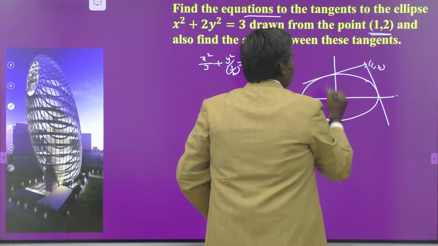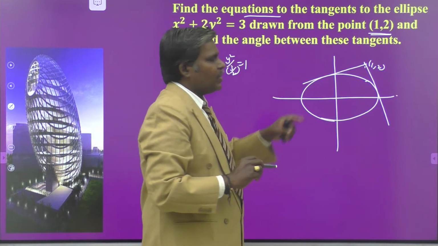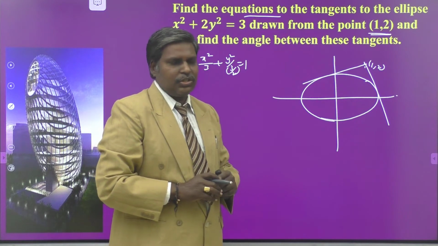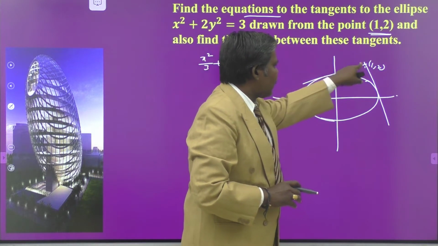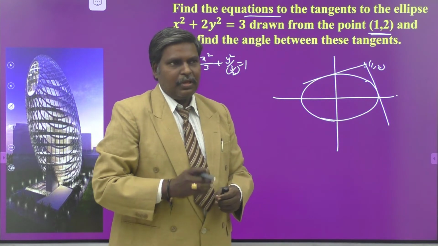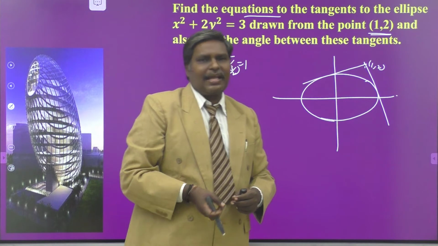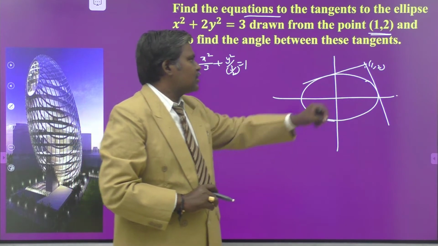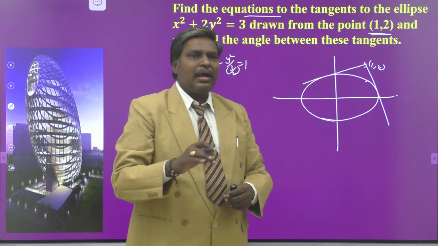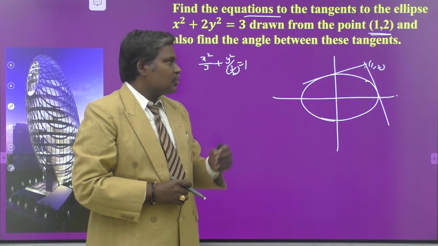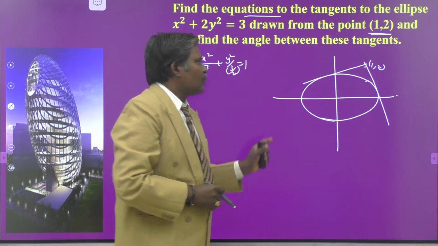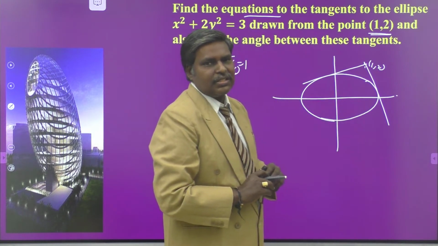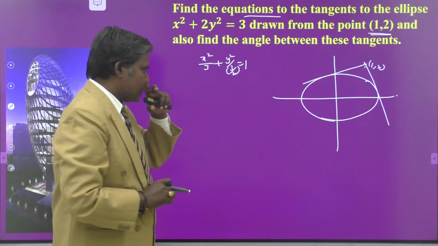Yes, this is a point which is not on the ellipse. If it is on your ellipse, you can write S1 equal to 0. Here you can't write S1 equal to 0. You have to find the equations of tangents through that point. For this, you have to write the general tangent first of all, that is in the slope form. If it is our required tangent, substitute the point 1 comma 2 in that one and we get a quadratic equation in m. Solve that, and we have two slopes. With the help of the slopes and this point 1 comma 2, you can write the pair of tangents through the point to the ellipse. Okay.